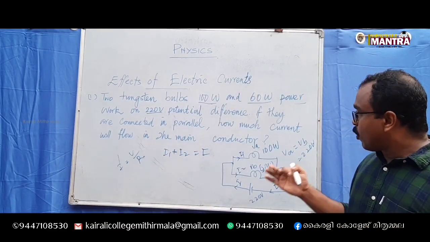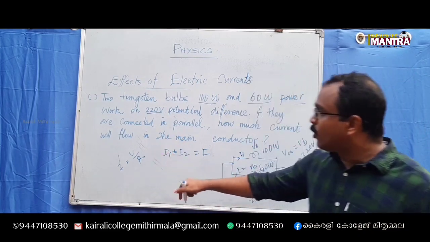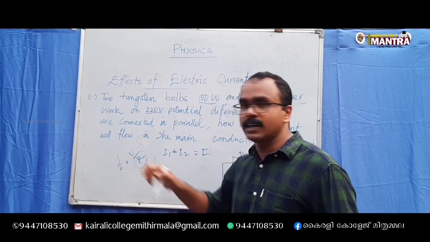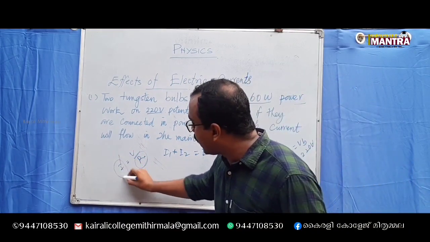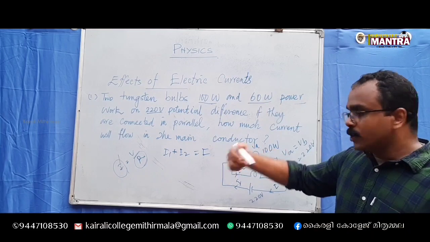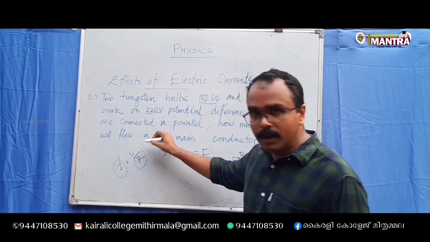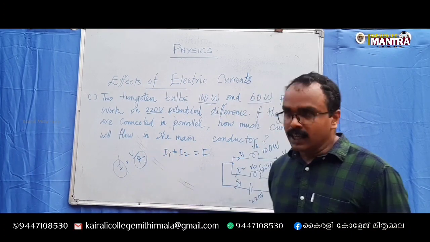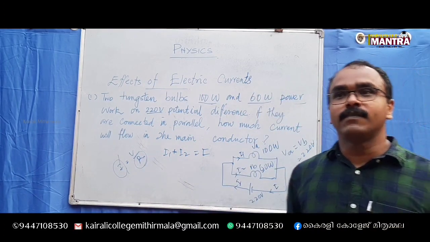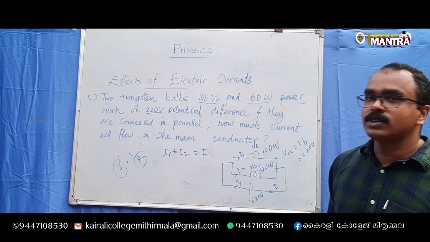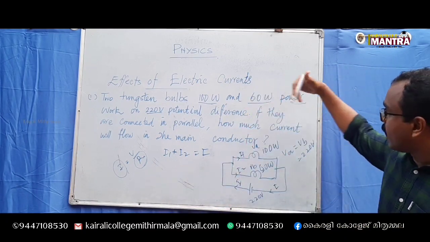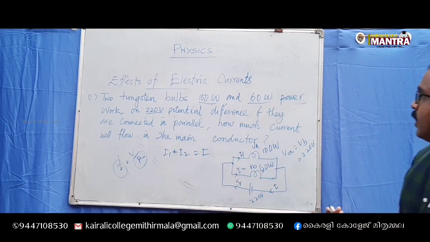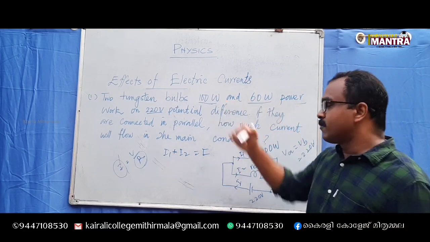But the problem is, in this problem, we don't have resistance information. We have only voltage and current information. We need to find out the value of I. According to Ohm's law, I is equal to V by R, but we don't have the value of resistance. Then next we have to think of how to find out the value of I using whatever information is provided in the problem. But you can see that we have power information.